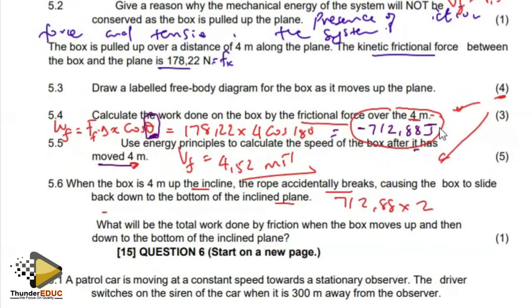So 712,88 multiplied by 2, which gives me 1425,76 joules. But that will be negative. All right, so that is question number 5, and that is the work, energy, and power. All right, then we go back to